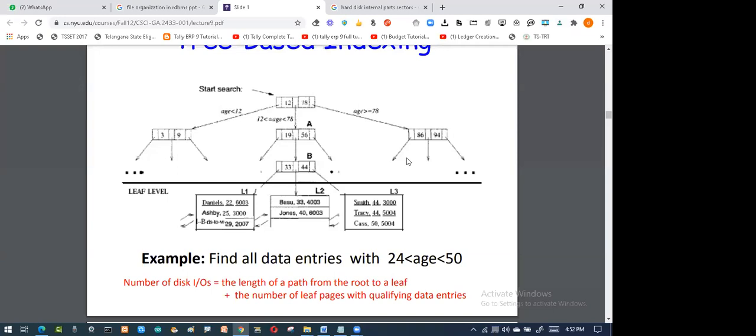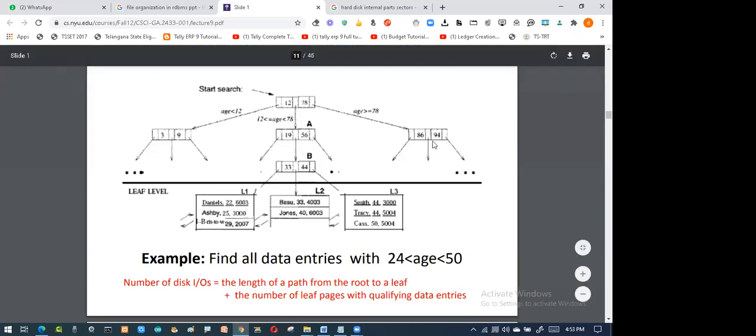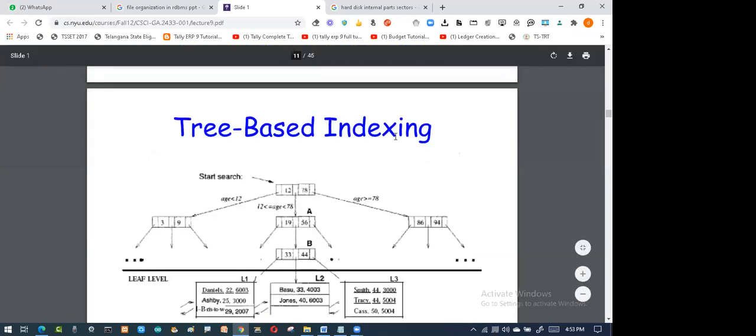If you have a village, we do this kind of thing for guava or mangoes. If you find one, you will not stand, and I will also not stand. Wherever I find a stone, I'll throw it and bring the fruit down from the tree. In similar fashion, the fruit you ultimately get in your hand is your leaf level, that's your data level. So my data, split into these kinds of ranges, is called tree based indexing.